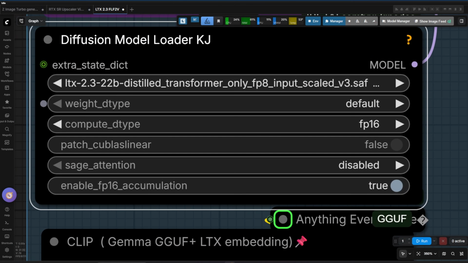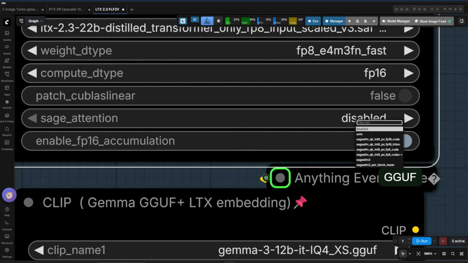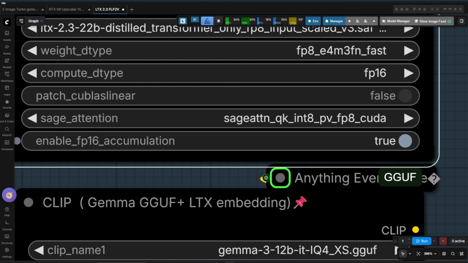UE Links. If you're running a Blackwell or Ada Lovelace GPU, you can speed up your generations by selecting the FP8 E4M3 FN option. However, some users with Turing GPUs have reported errors when enabling this, so definitely keep that in mind. If you have more than 8 gigs of VRAM, you can try using the FP8 E4M3 FN Fast option. On top of that, you can enable Sage Attention to boost your speed, but only do that if you've